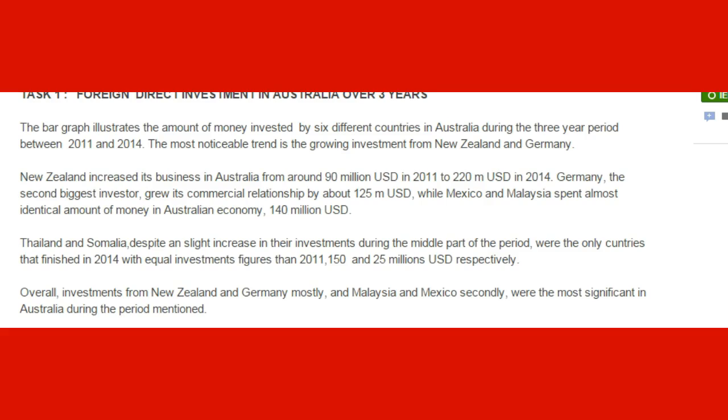Thailand and Somalia, despite a slight increase in their investments during the middle part of the period, were the only countries, don't spell it like that, countries that finished in 2045 with equal investment figures to 2011, 150 and 25 million respectively. Genius! Overall investments from New Zealand and Germany